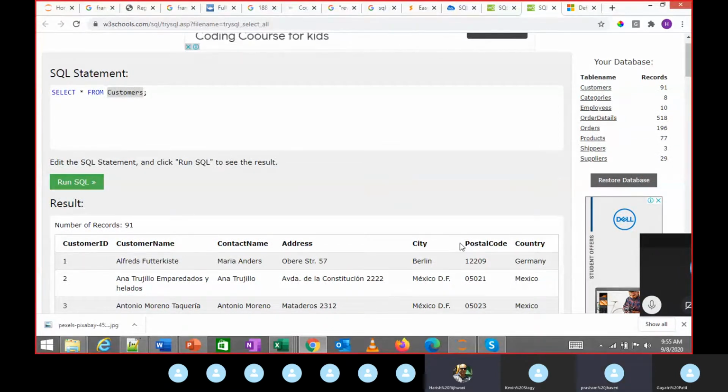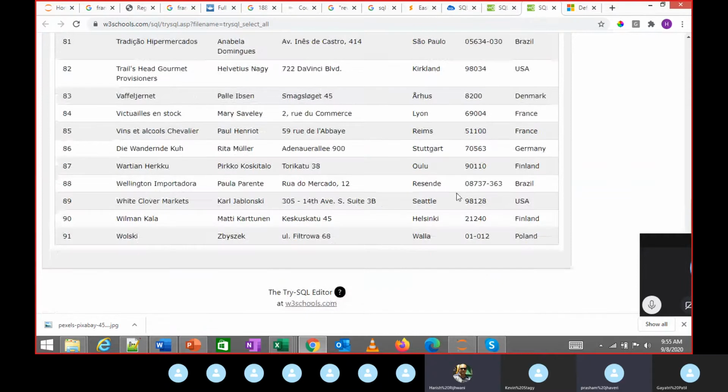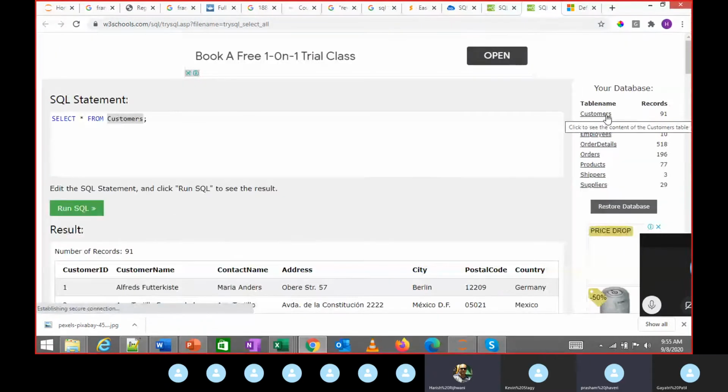Sir, I don't have the table names and everything under your database. Where you might see it at the bottom. If you go to the bottom, you might see it at the bottom. If it is not on the right, No, sir, it's not there anywhere. Can you share your screen? Yeah.